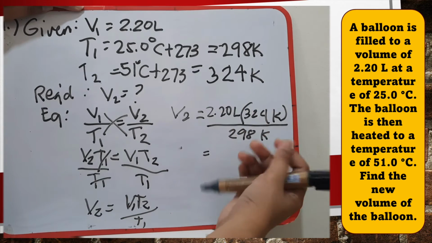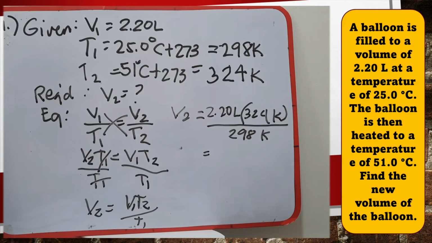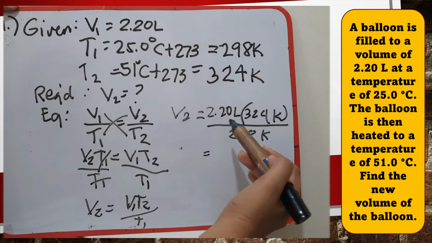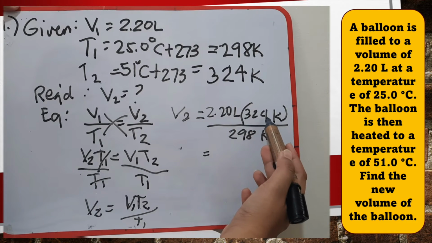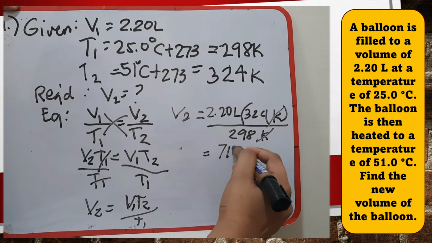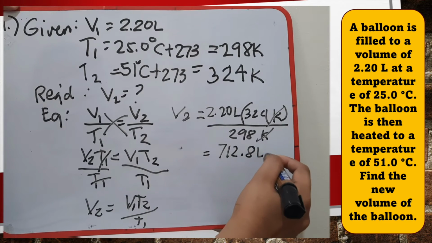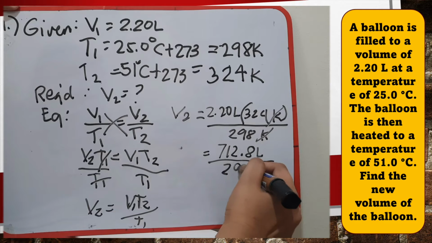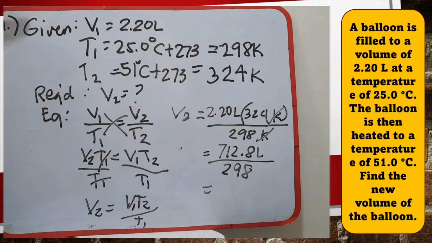Of course, so we will multiply this one. 2.2 liters times 324. Okay, so let's cancel this. So we have 712.8 liters divided by 298. So our answer will be,